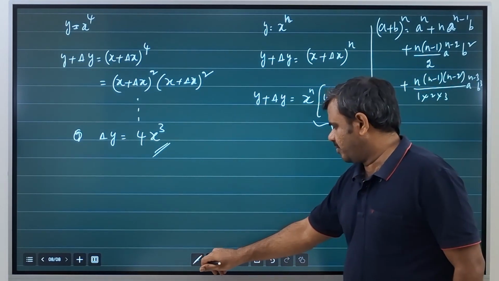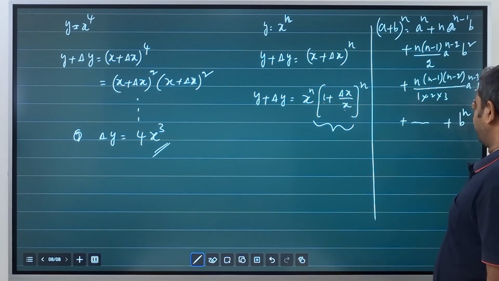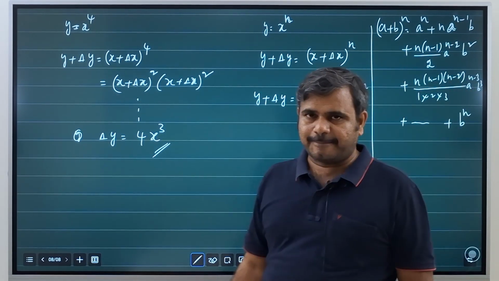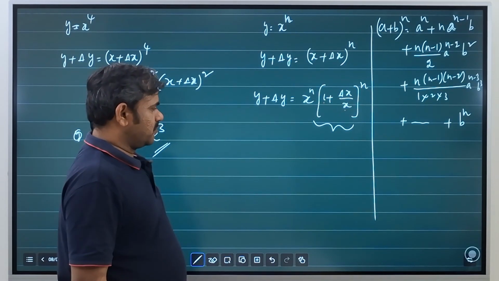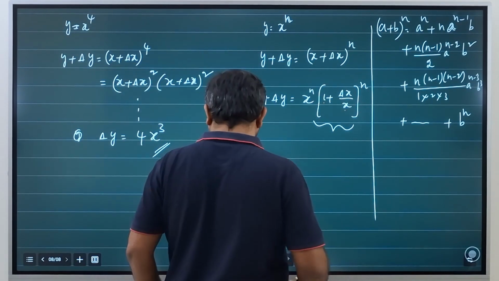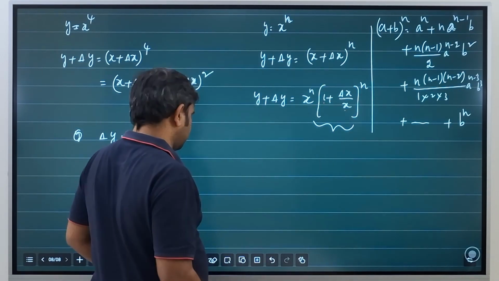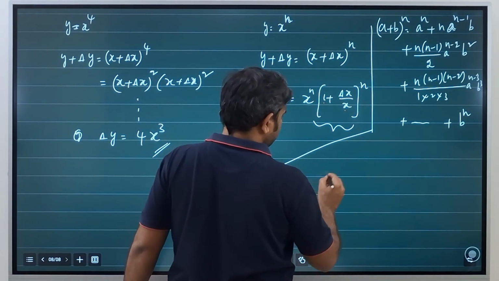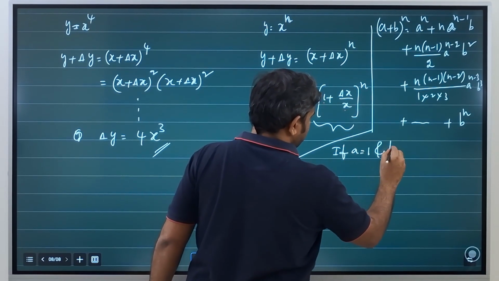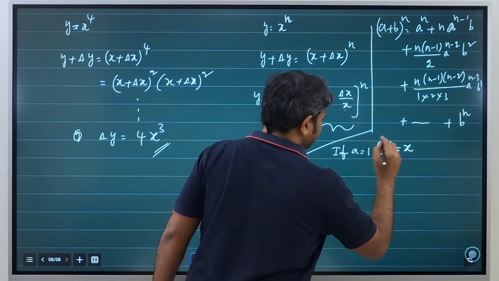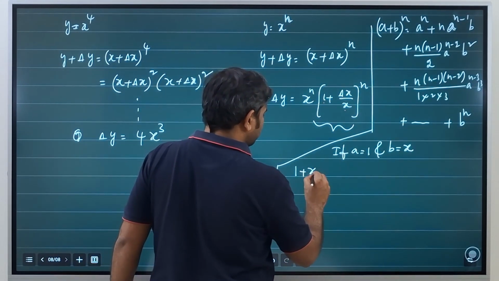Okay, like this you will have terms up to b^n finally. So we are going to make use of this binomial expansion. We can write, if a is equal to 1, and b is equal to some variable, let's say x, then this can be written as (1 + x)^n is equal to